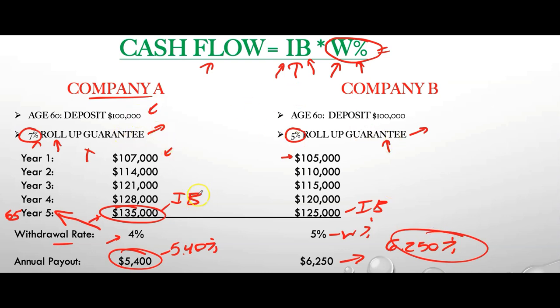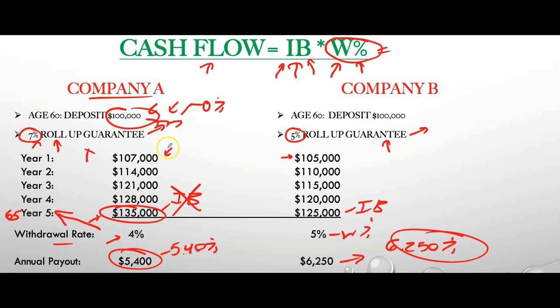This benefit base is not the physical money. The $100,000 that this person originally put in is either getting dinged with a fee or gaining with the market, based upon what sort of product they chose. So if it's a variable annuity, they could be dinged with fees and downward market loss potential. If it's a fixed index annuity, they could be getting dinged with fees and a 0% growth rate whenever the markets are going down. If it's a fixed annuity with an income rider, they could be getting a fixed rate of return each year. Some companies have income rider fees, some don't. So it really just depends upon your situation and which one you're looking at.